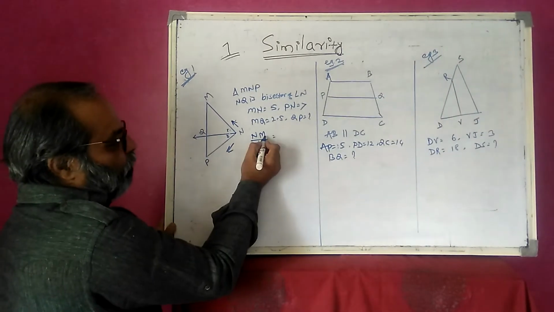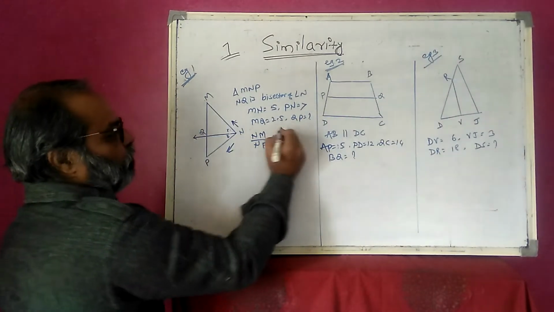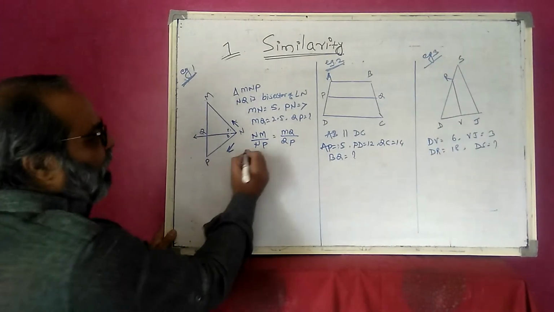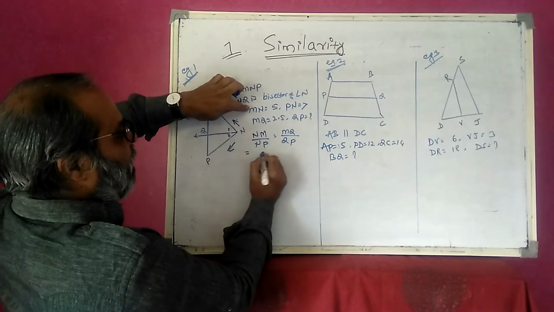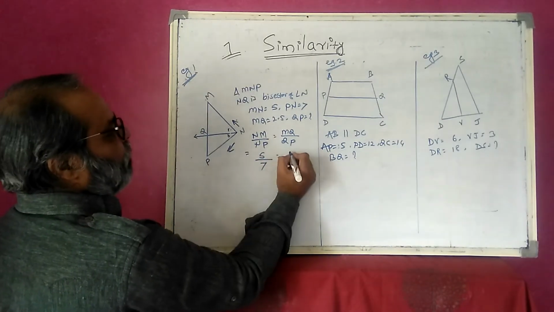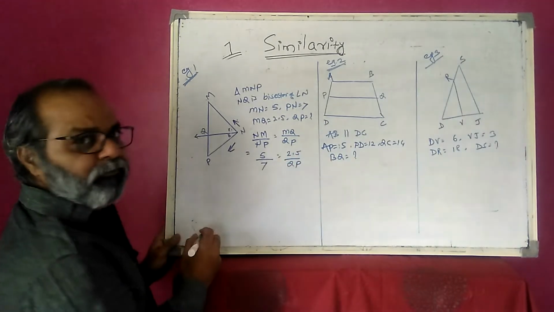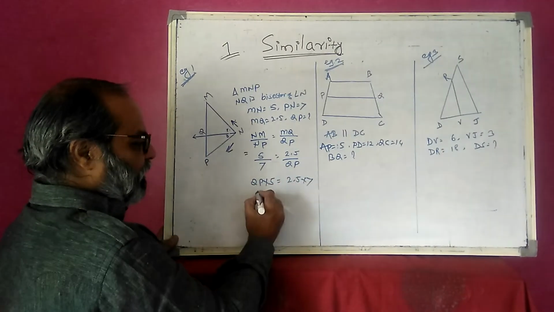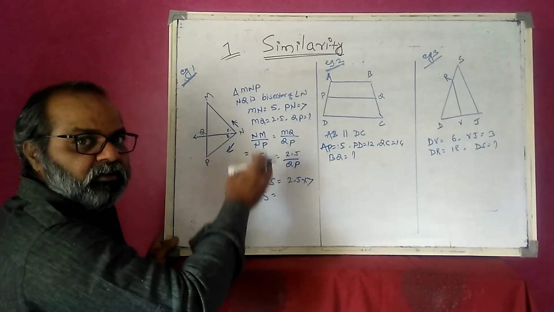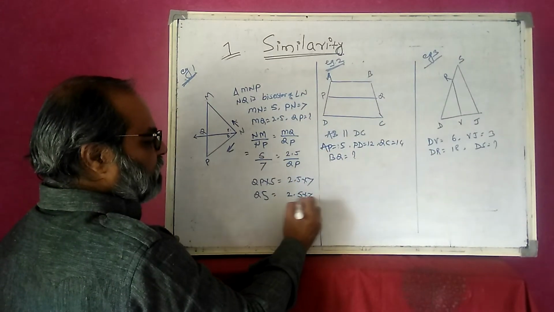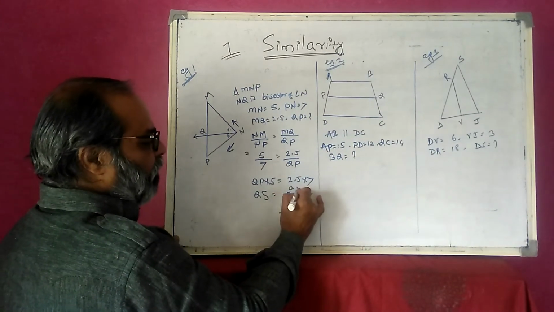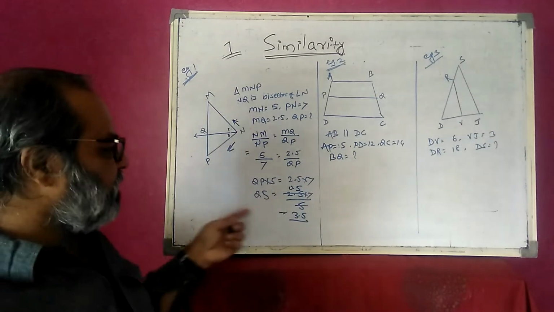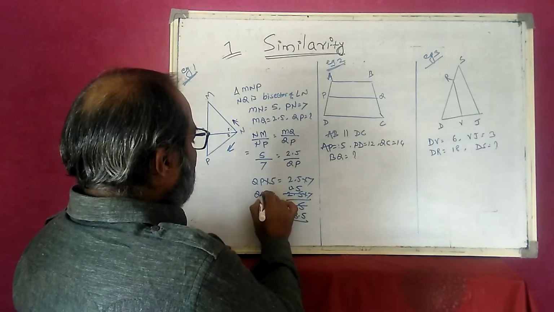Now the NM ends on M, so start with MQ. So here is MQ, and the remaining is QP. I just put in the values. NM is 5, NP is 7, MQ is 2.5. We just find QP. It is very simple, just cross multiply. QP into 5 is equal to 2.5 into 7. So the 5 multiplication changes side and goes to division: 2.5 into 7 upon 5. So 5 into 0.5 is 2.5, so 7 into 0.5 is 3.5. So the result is QP is 3.5.